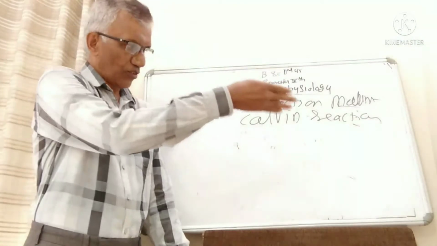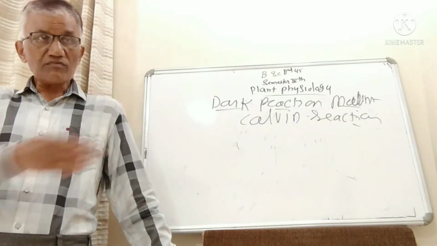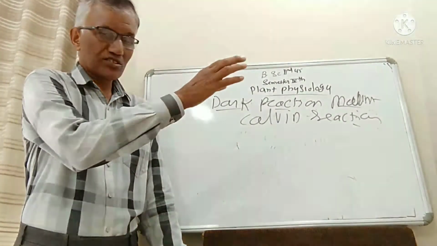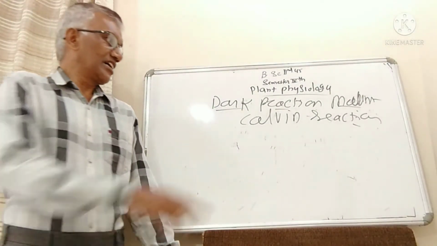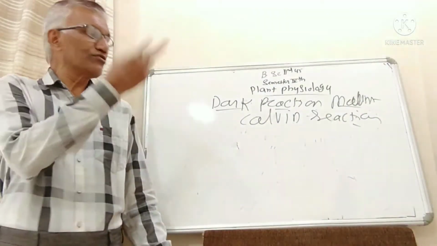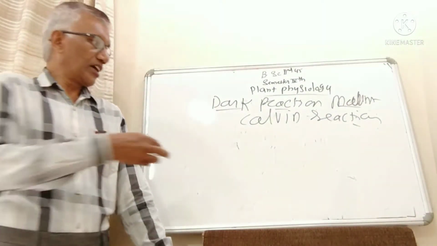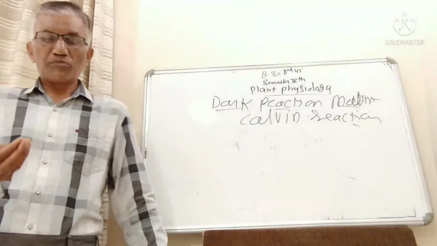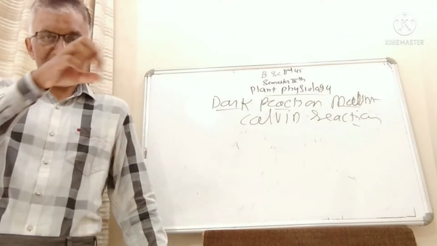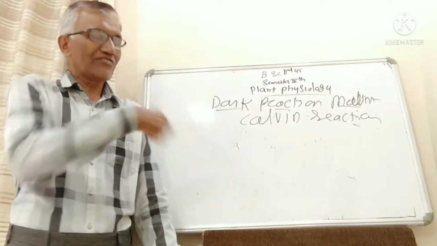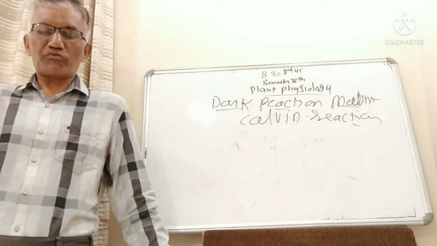So likewise, on one side there is continuous synthesis of sucrose or glucose. That is, the carbon dioxide gets converted into carbohydrates in a cyclic manner. This process will be continuous. Again there is a reformation of RuDP, ribulose diphosphate. After producing one molecule of glucose, there is a reformation of RuDP, which will be ready to accept another carbon dioxide molecule, and in a cyclic way it will continue to produce a number of glucose molecules.